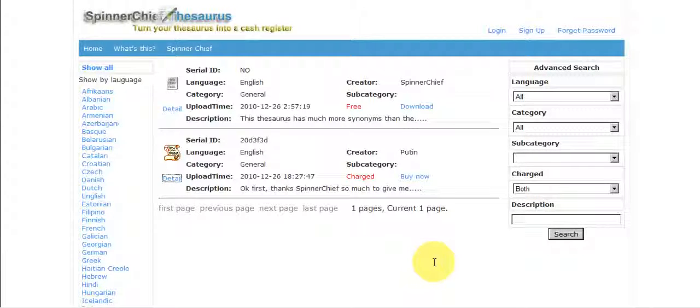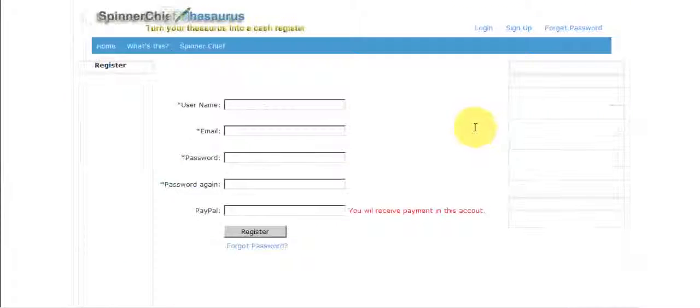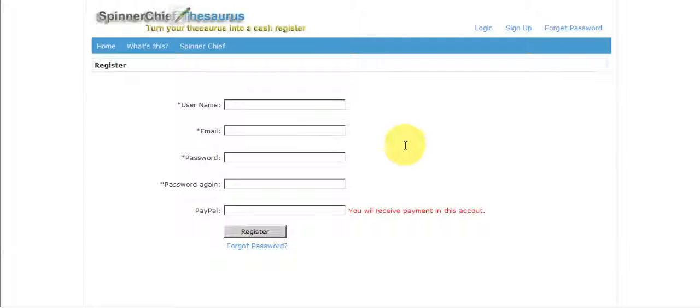So how to use this system? Well, you need to sign up either way. If you want to upload or you want to download, you need to register first. And it's a very simple process. Just click here on sign up, and you're presented with a very familiar type of screen. You want your username in here, email, password twice, and then your PayPal.